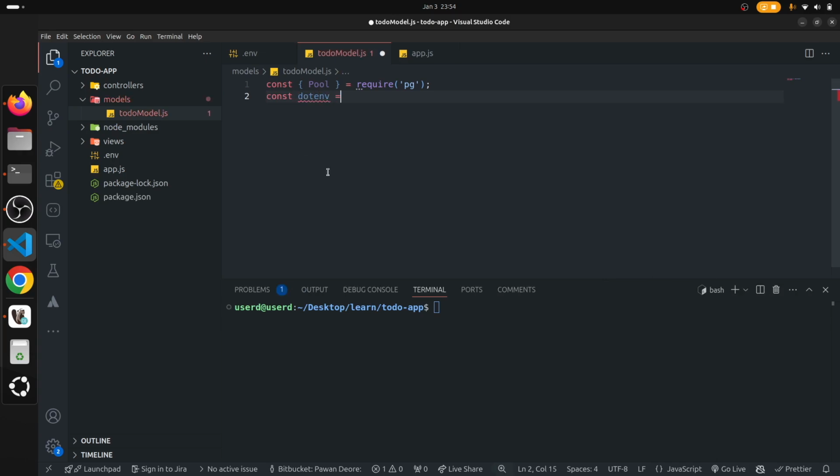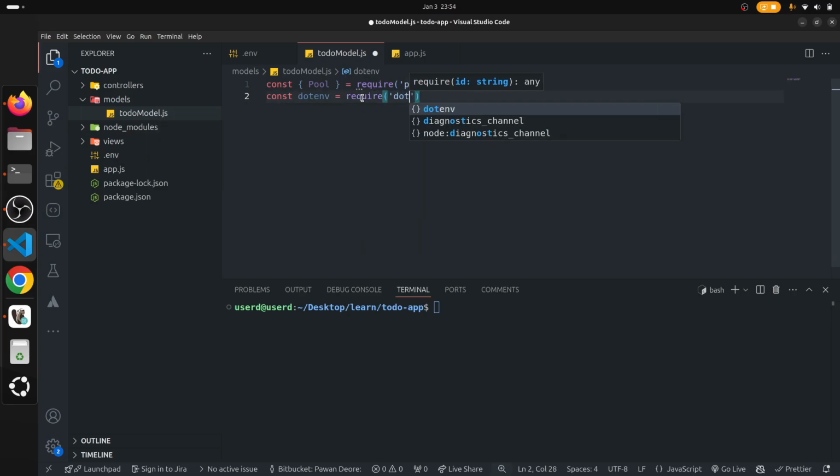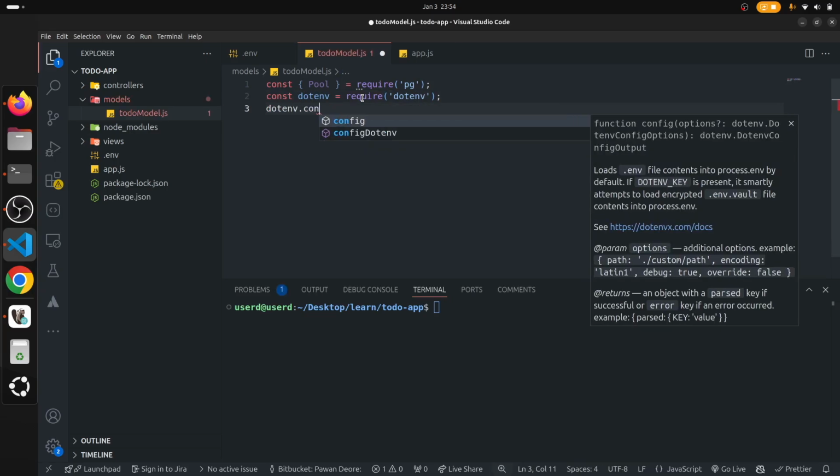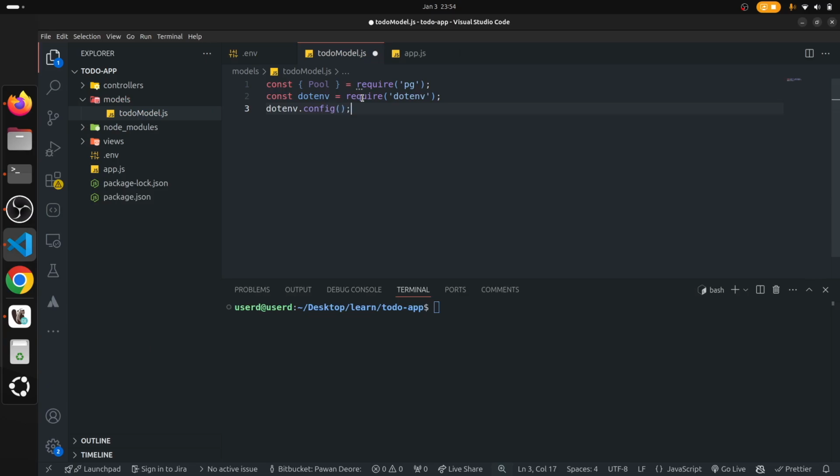This we need to read the values from the .env file. So require dotenv, dotenv.config. Okay, now we will set up the Postgres connection next. So const pool equal to new Pool,